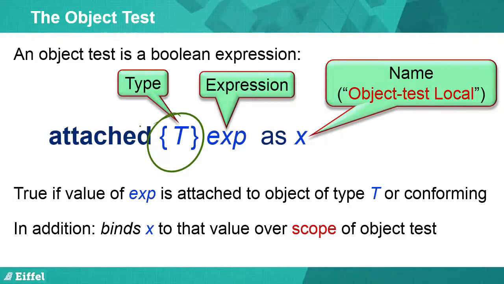t. So as a bonus, this mechanism gives us the Eiffel version of a mechanism that exists in just about every object-oriented language to test whether an object has a certain expected type, sometimes known as type narrowing or downcasting. It turns out that we don't need the t in our examples for this discussion, but in the general case it can be useful. So this is what the expression tells us. It tells us whether exp is attached or not, and in addition it uses the local name to refer to